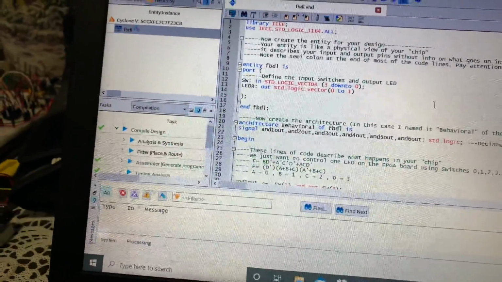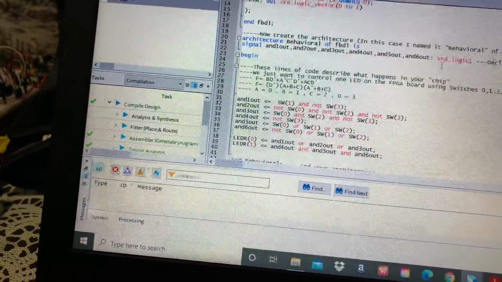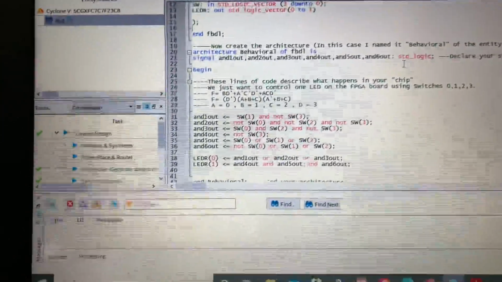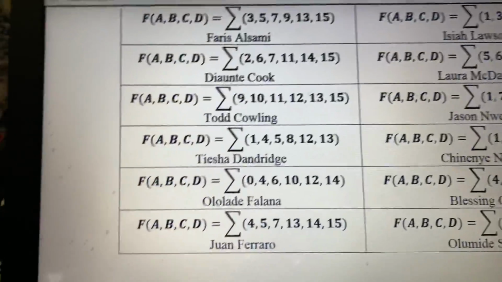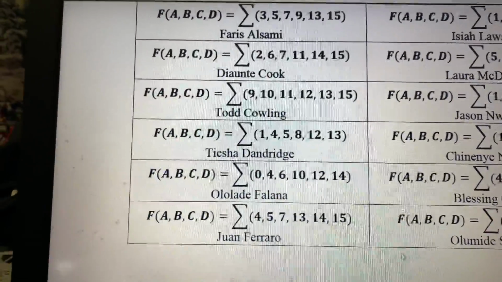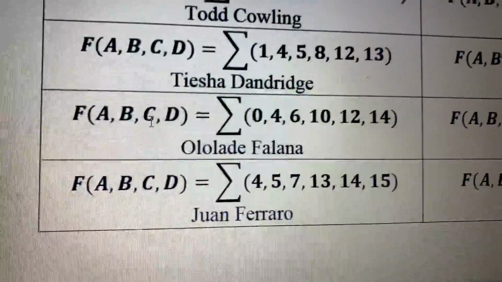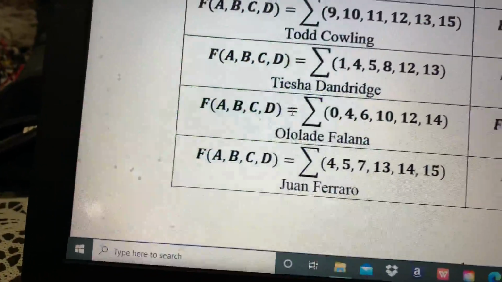Before I started the lab, I had to write my code, and from the lab that I had to do with Karnaugh maps, I think that should be lab 3. Yeah, lab 3. I was given this equation. It's Fajano, not Falano. But in lab 3, I had to